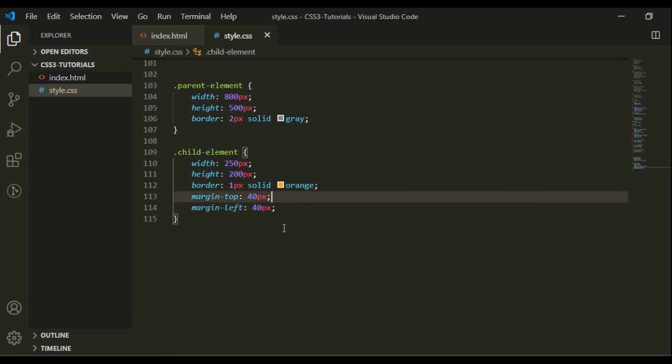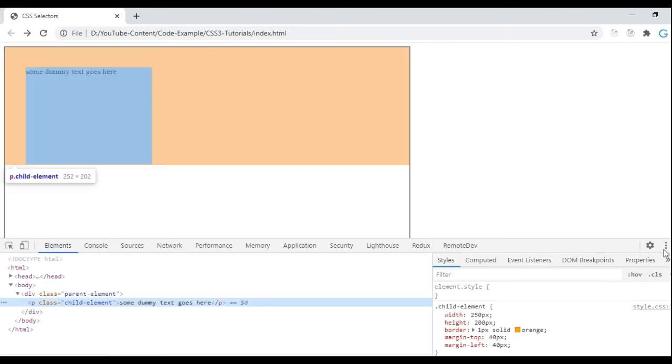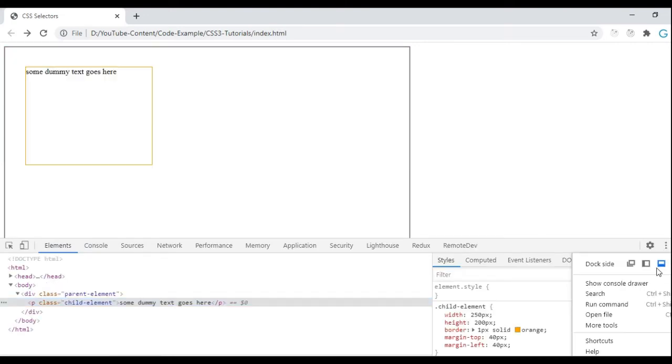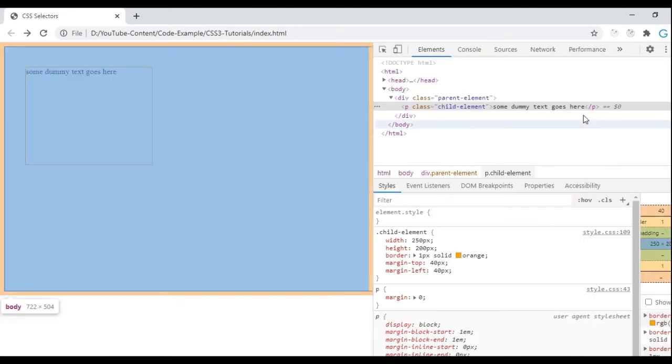Now let's see. Now here is the result. My element has been shifted 40 pixel from the top and 40 pixel from the left hand side. So we can check in the developer tool. I am just putting this developer tool on the right hand side.